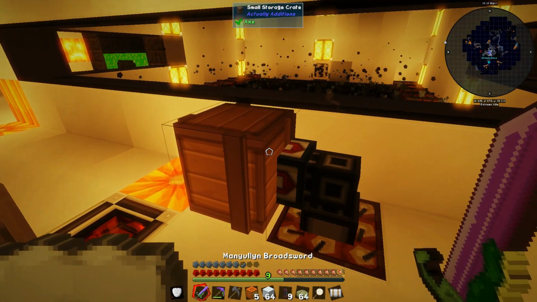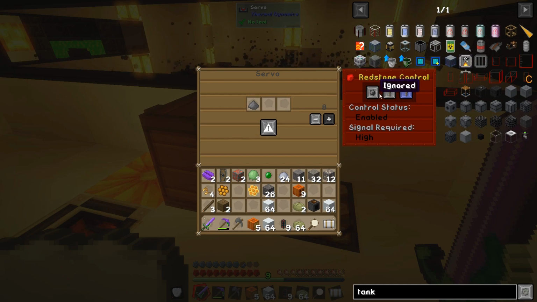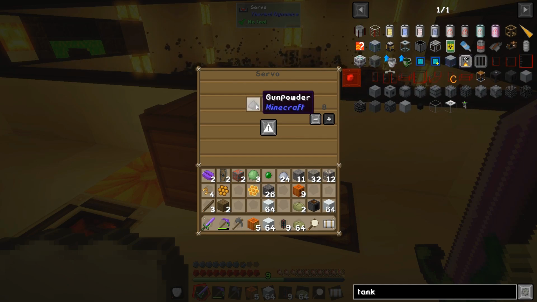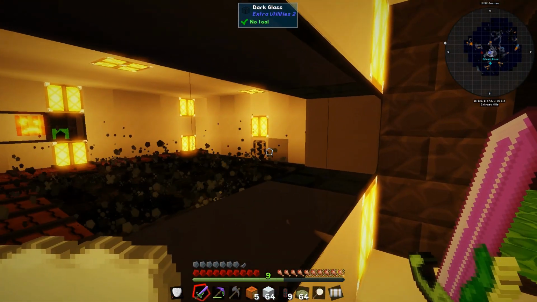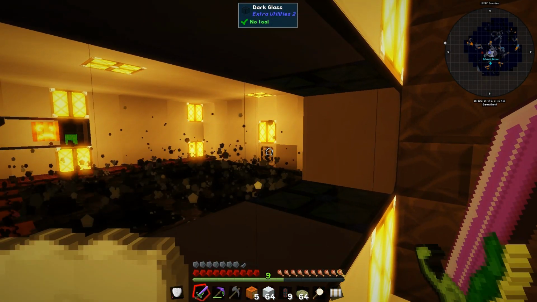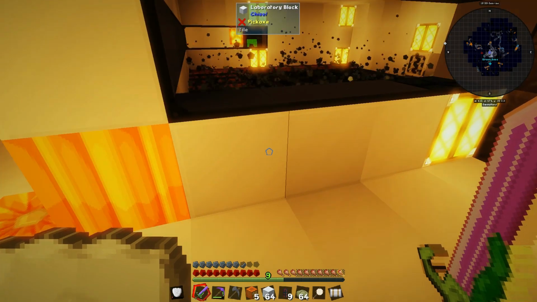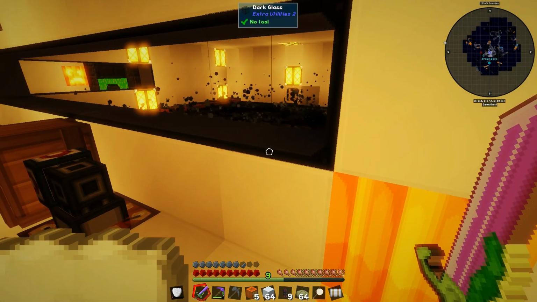The retriever, now let me explain that. The servos will pull out anything when it's set to ignored or whatever, and it's always on. It'll pull any of this to it. But there's one problem with that, the way this is set up. So I had a servo on the mob grinder, whatever, and it was pulling items through there, and there was a little split off, and it would dump either...